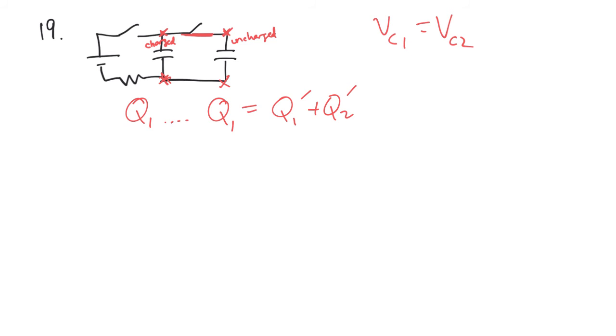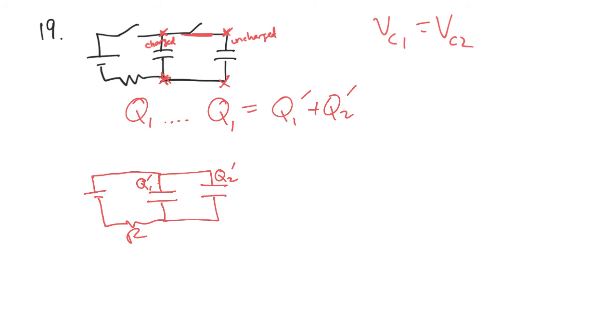And then for fun, they're like, you know what? Now these two have some charge on them, right? So this has some Q1 prime, this has some Q2 prime. Now, for fun, let's put the battery back in. So now the question is, what will happen? Well,